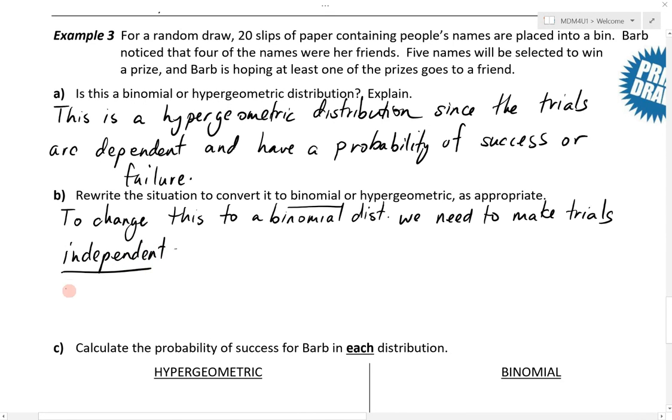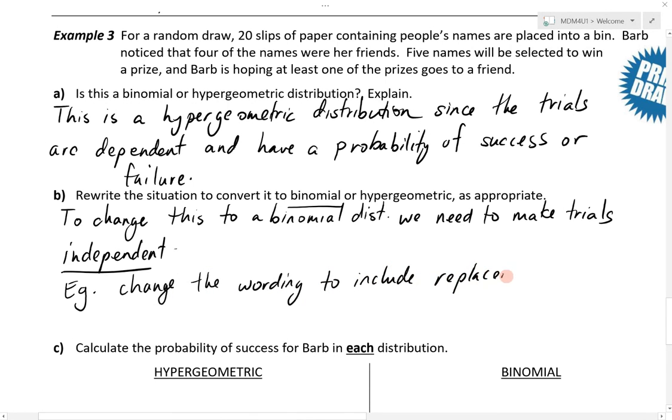So how do we do that? Well, we can just change the wording to include something new, to include replacement. When you include replacements, then you're going to make these trials independent. So, 5 names are drawn one at a time